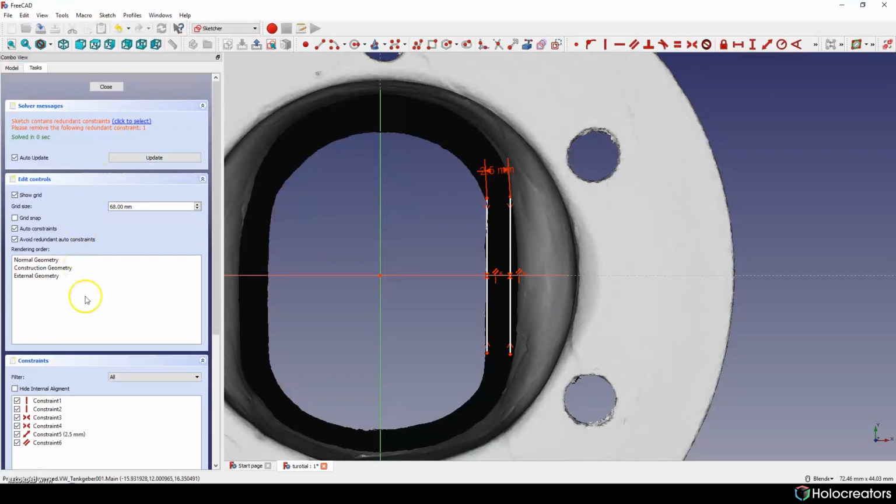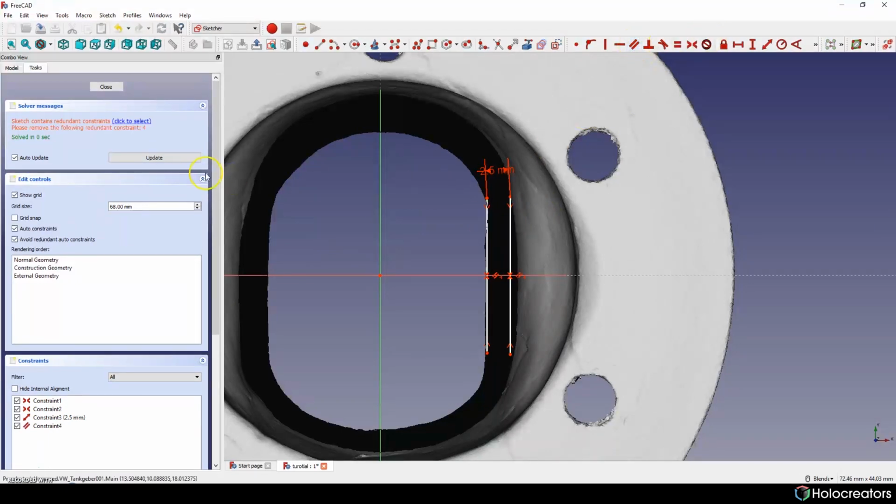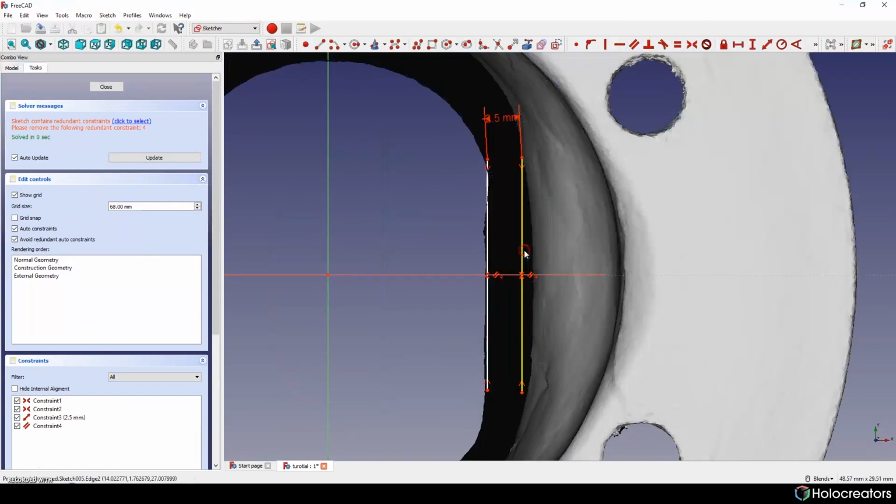Okay, and now we have a problem. Maybe we should take this another try.